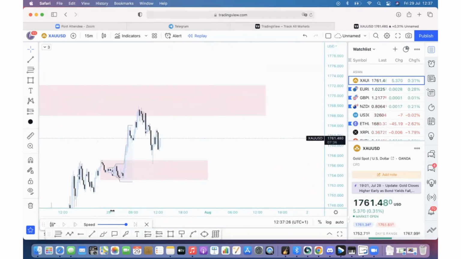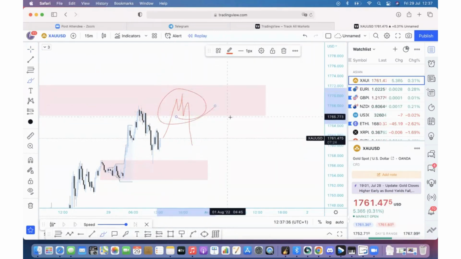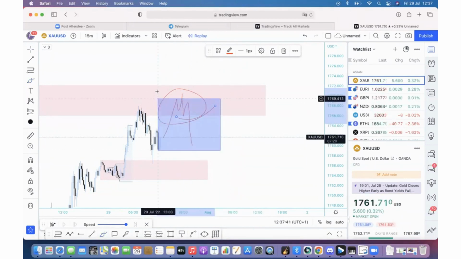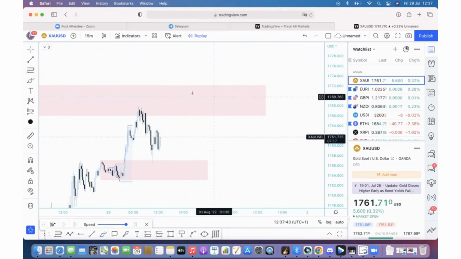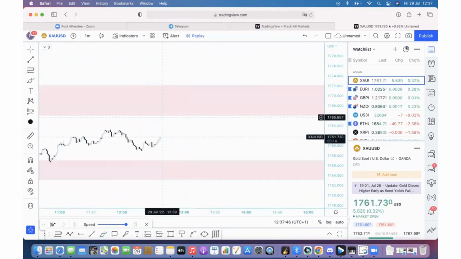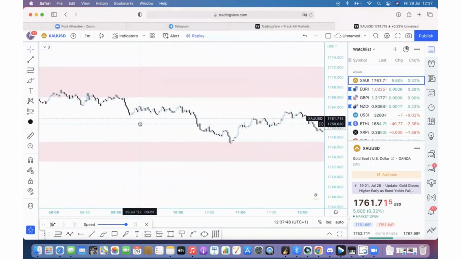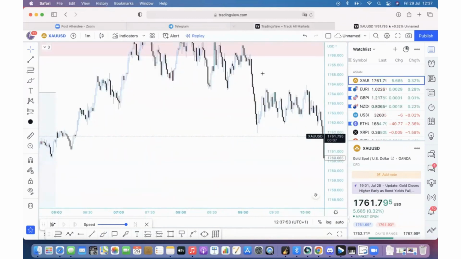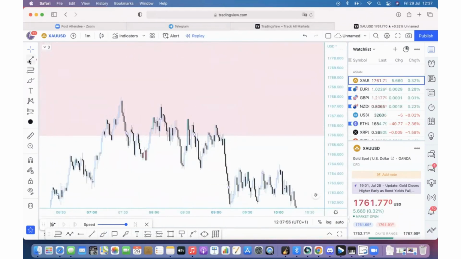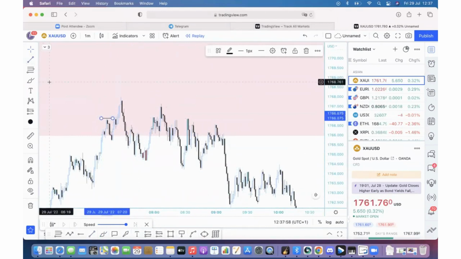It just doesn't make sense for me to enter sells from here. I would rather wait for a deeper mitigation into the supply, some structure being created, and then a confirmation inside the area. Or, more risky, this is the best option: we already had confirmations for sells here. Now I'm not interested anymore because we reached the demand, but if we were able to take this trade, and here we have confirmation,